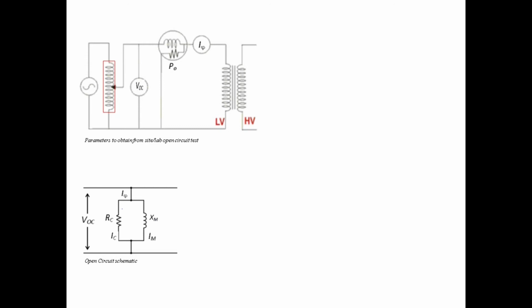As mentioned already, rated voltage is applied for this test to ensure that the magnetization reactance will be operating at a level close to that which exists under normal operating conditions. The derived values from the open circuit test can be observed. And since these are vectors, we can use phasor representation to determine the values of the shunt or energization currents IM and IC. First, let's determine cos phi 0.